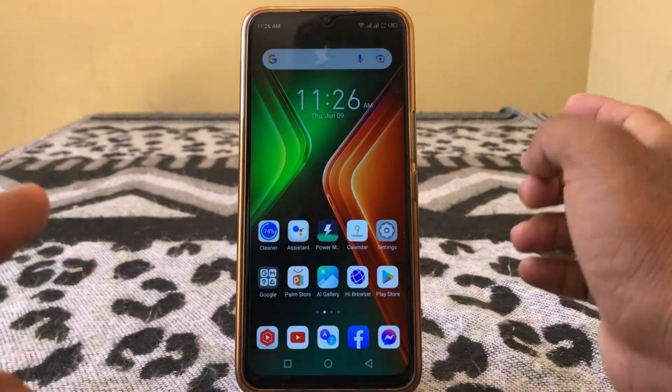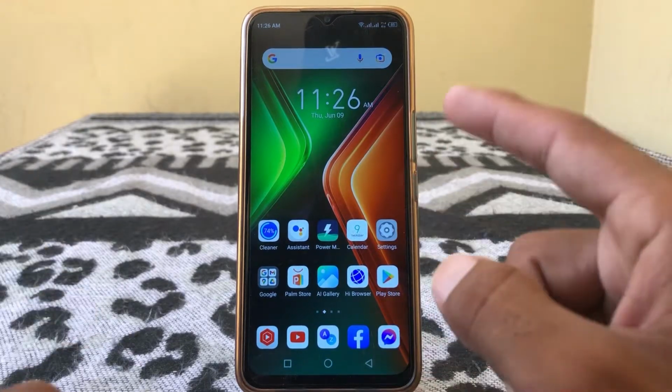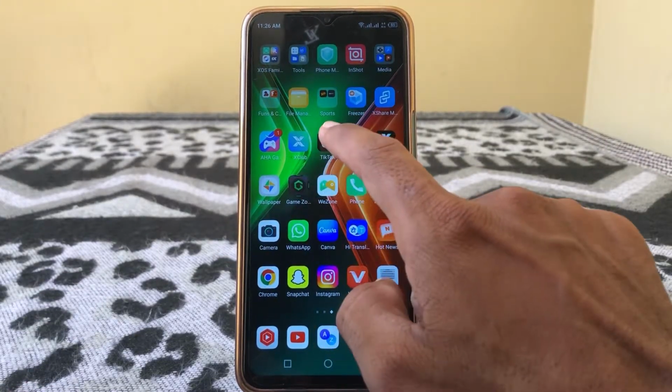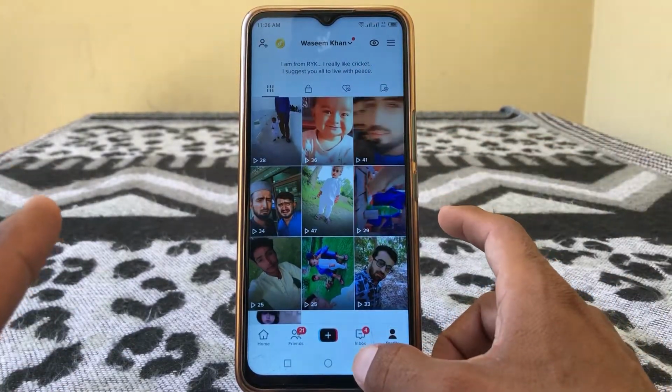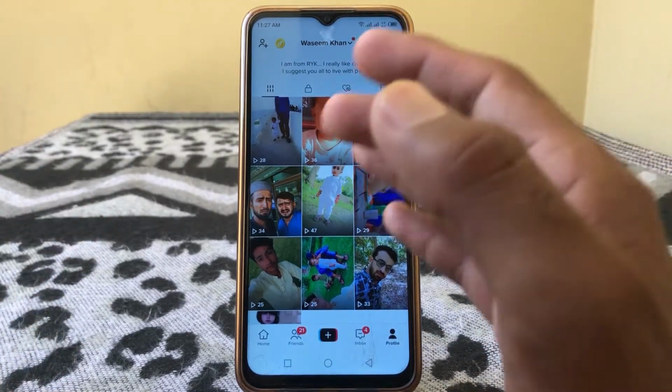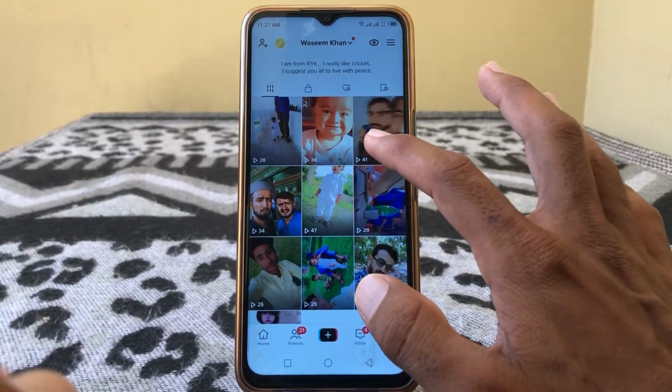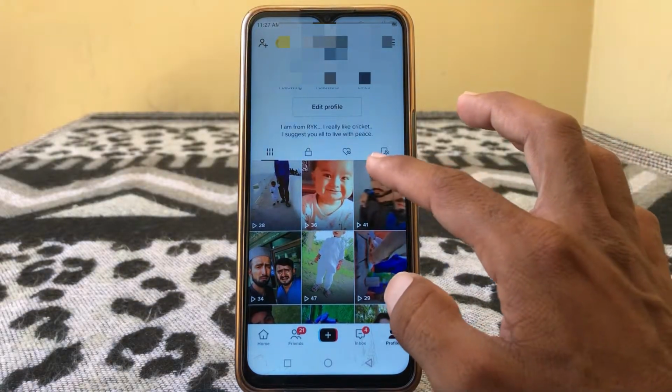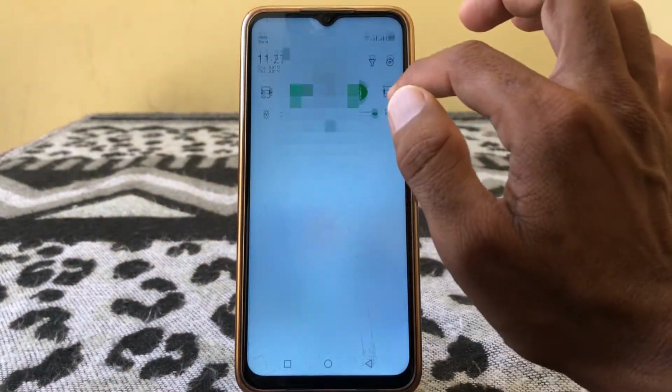If the problem still exists, then what you have to do is just simply open TikTok again. The process is very simple and the same for iPhone and Android phone. So from here, just simply take a screenshot,